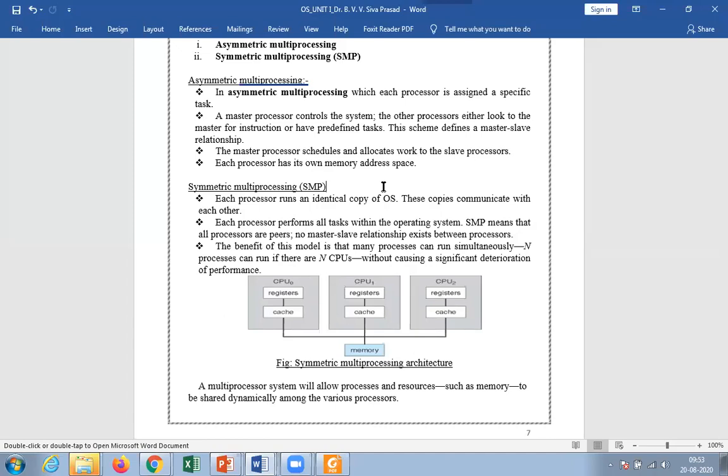Here the master is nothing but the kernel or operating system request. Whenever the operating system process's execution is over, the master requests the remaining two slaves to start their work once again. Automatically these two works are going to start.